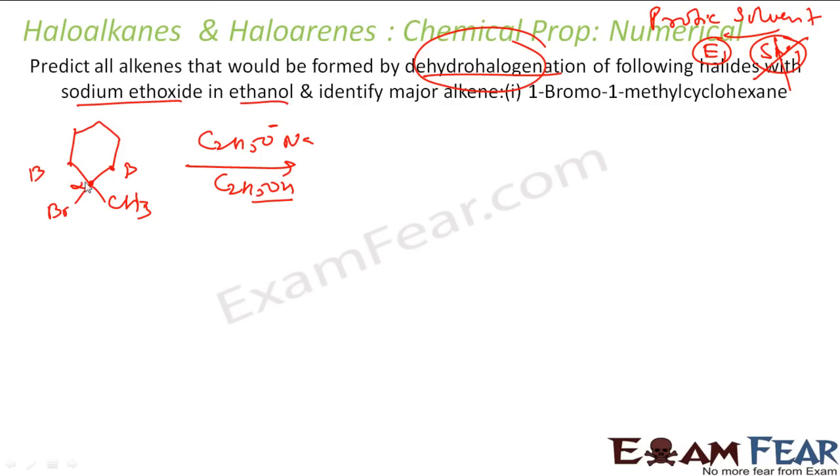But both are same, it doesn't matter because both are symmetrical, right? So if you try to do a dehydrohalogenation, it will be this one, H, because this C2H5O minus will attack any of these hydrogens, right? So it will attack this hydrogen because it's a base. This bond will break. This will become a negative charge, and then